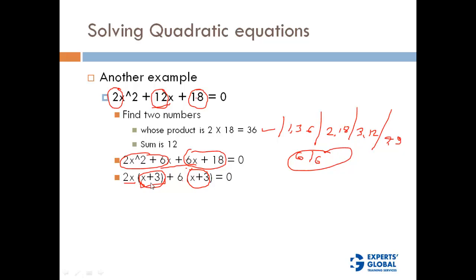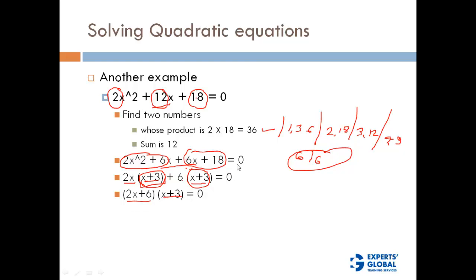When you are solving a quadratic equation, here if you get x plus 3, here also you will get x plus 3. In case you don't get it, you just verify, or maybe you have made some calculation mistake, you will always get the same term. So when we combine these two terms, what we get is